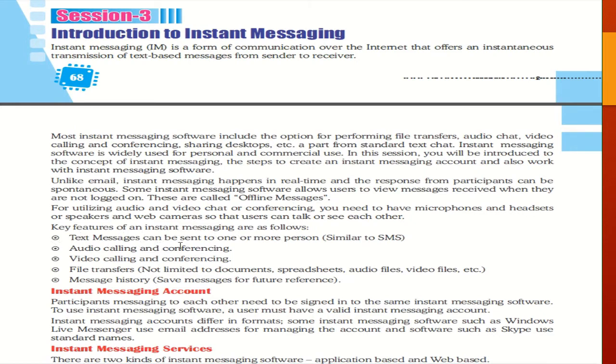Okay, so there are various key features of an instant messaging which are as follows. Text messages can be sent to one or more persons, similar to SMS. Audio calling and conferencing, video calling and conferencing, file transfer not limited to document, spreadsheet, audio file, video file, etc. Message history, save messages for future references. Instant messaging account. Whenever you install some of the software, they ask you to make or manage your account, such as Skype. In every instant messaging they will ask you to make an account. Okay, next